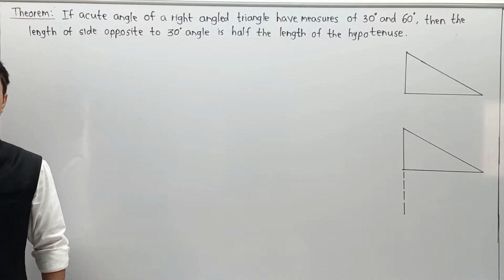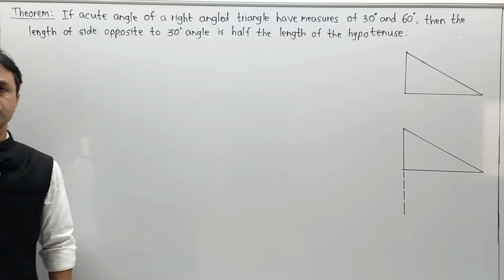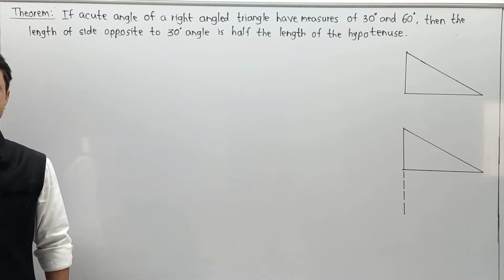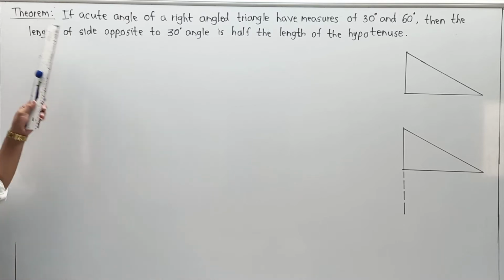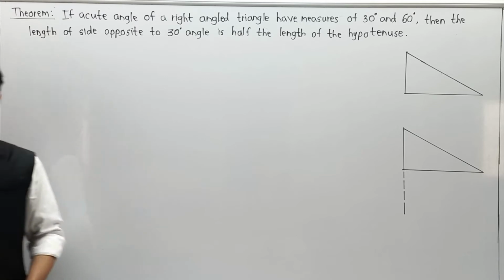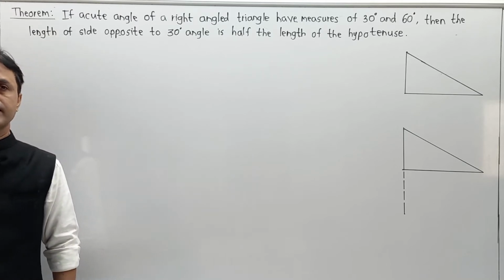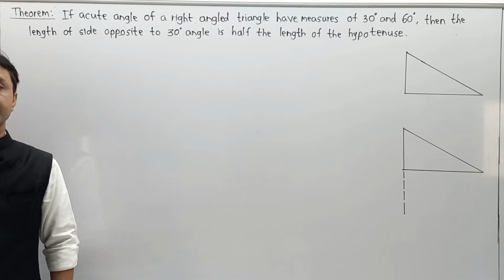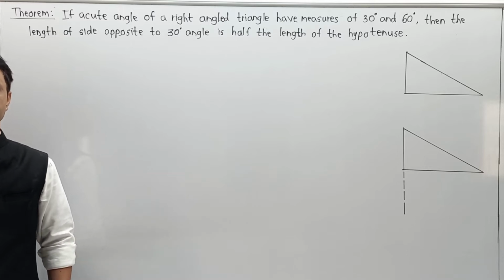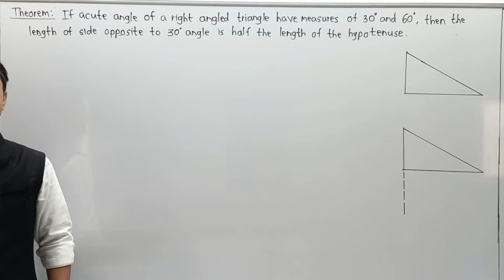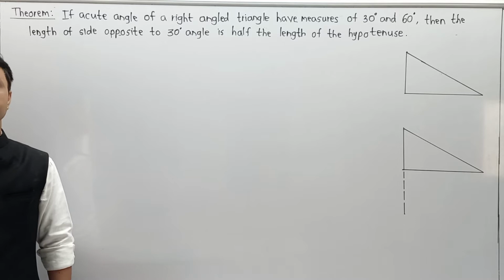We are moving over here for the next pattern in terms of a theorem. Today we are going to start a theorem, and we have to understand one theorem that is called the 30-60-90 degree type of theorem. In 10th standard it is one theorem, but in 9th standard it is divided into two parts. One is related to the 30-60 combination, and the second is the extension portion of that. Now what is exactly that?